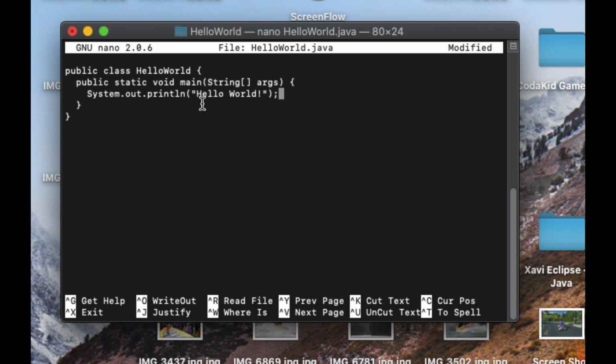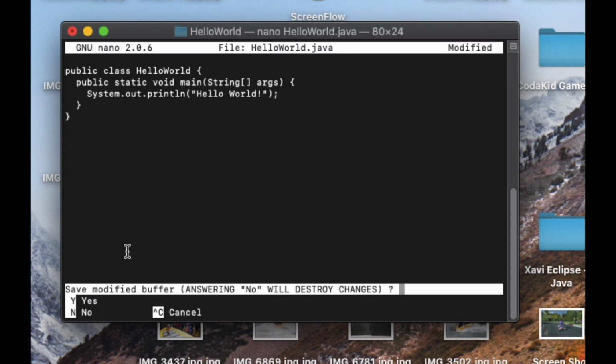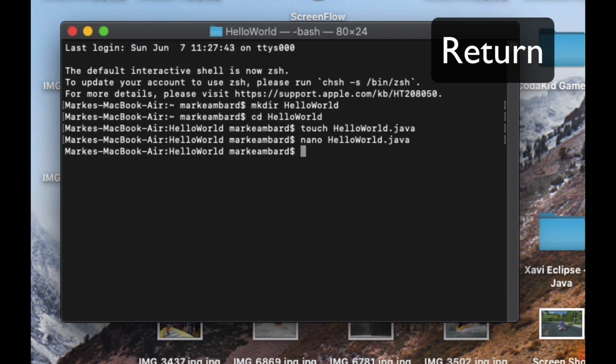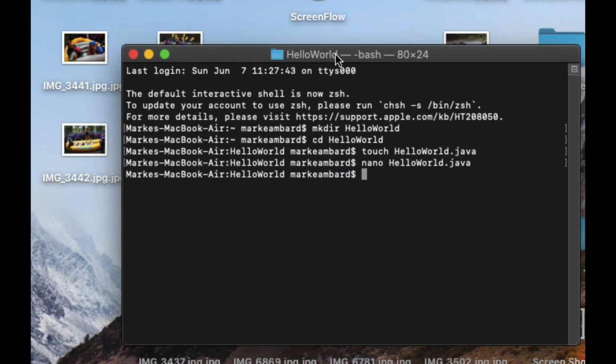So now that you have this code in, let's save it with Control X. And I am on a Mac. It's not Command X. It's Control X. And then you'll get a yes or no to save modified buffer, whatever that is. It's just asking if you want to save this file. If you type N, then it'll delete this file. And if you type Y, it's going to save it. So I just typed Y. We'll press return to get back to our terminal. So now that you've returned to the terminal, it's time to